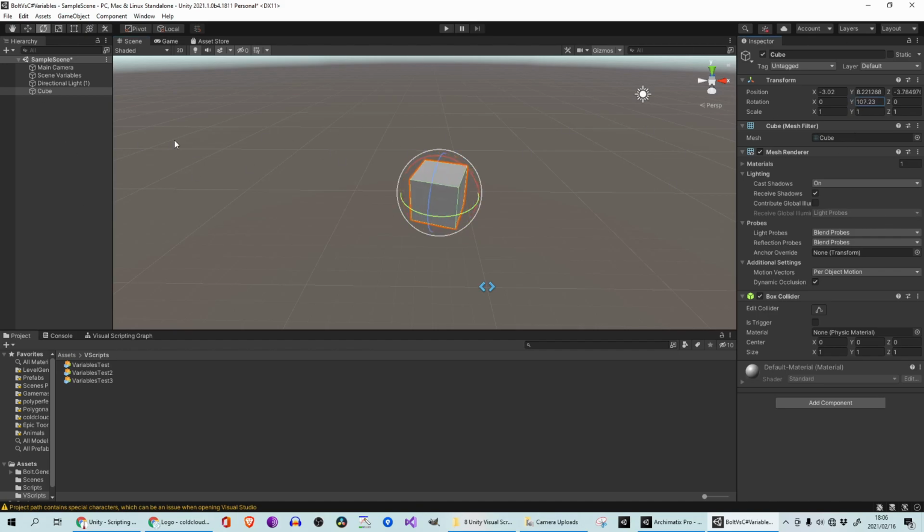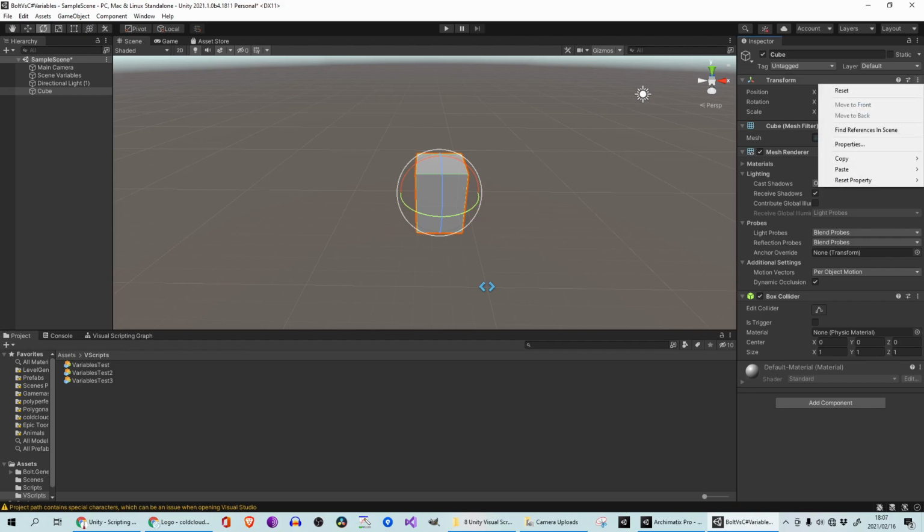So I can manipulate these values in the editor. Let's update the scale. I can click and drag on these, as you know, to adjust these things. I'm just going to reset. If you want to reset something, you see I've made a bit of a mess here, just click these little dots on the top right corner of the transform, and